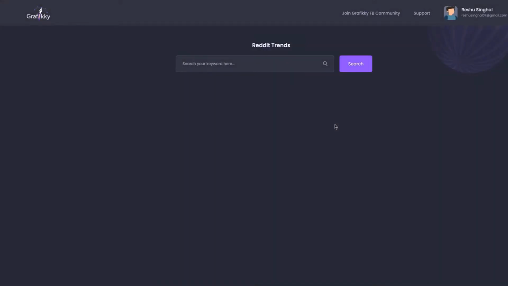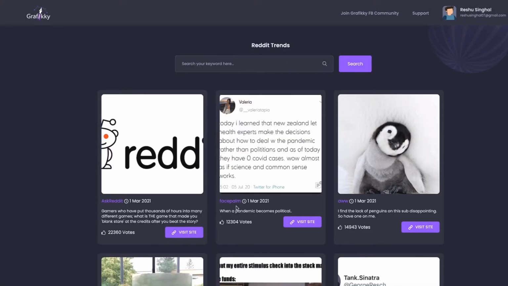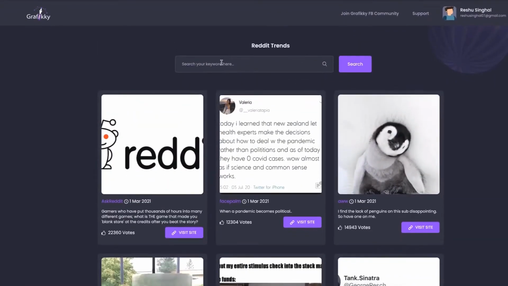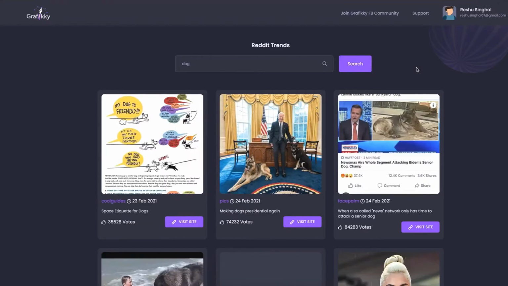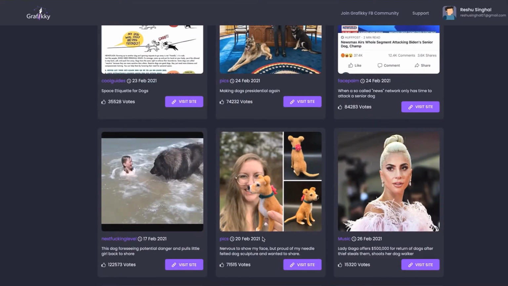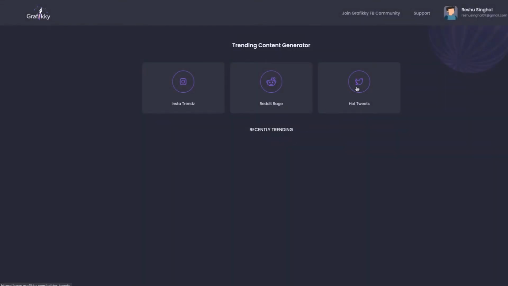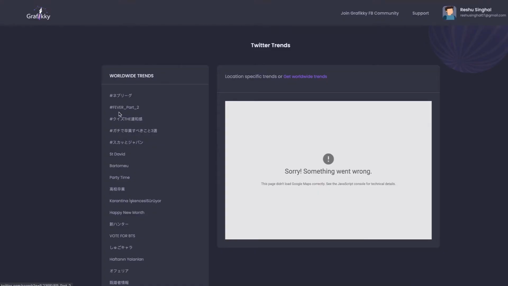If I go to Reddit, this is the current feed of Reddit, and this is related to dog, what is trending on Reddit. Similarly, on Twitter, all the hot tweets are available here.